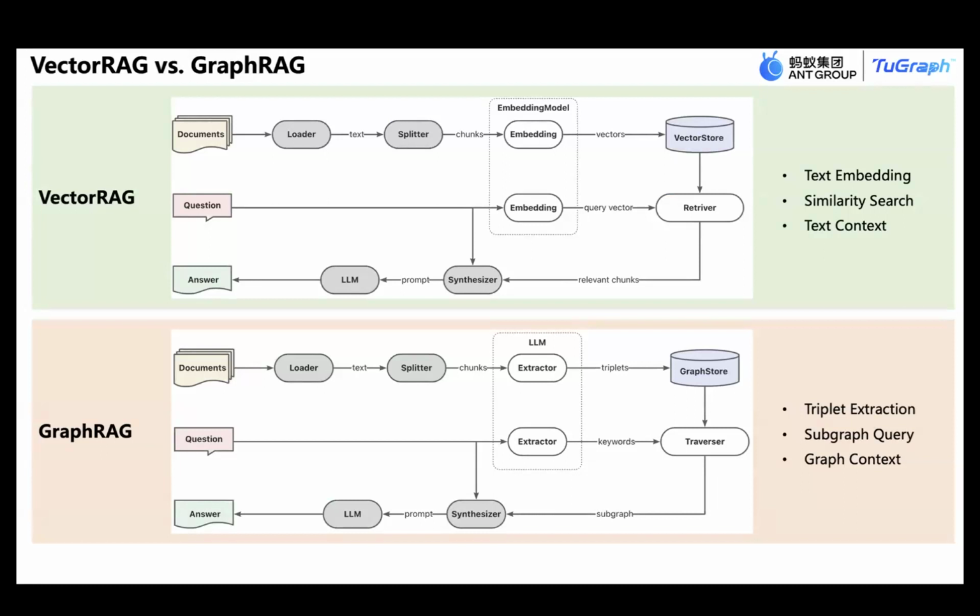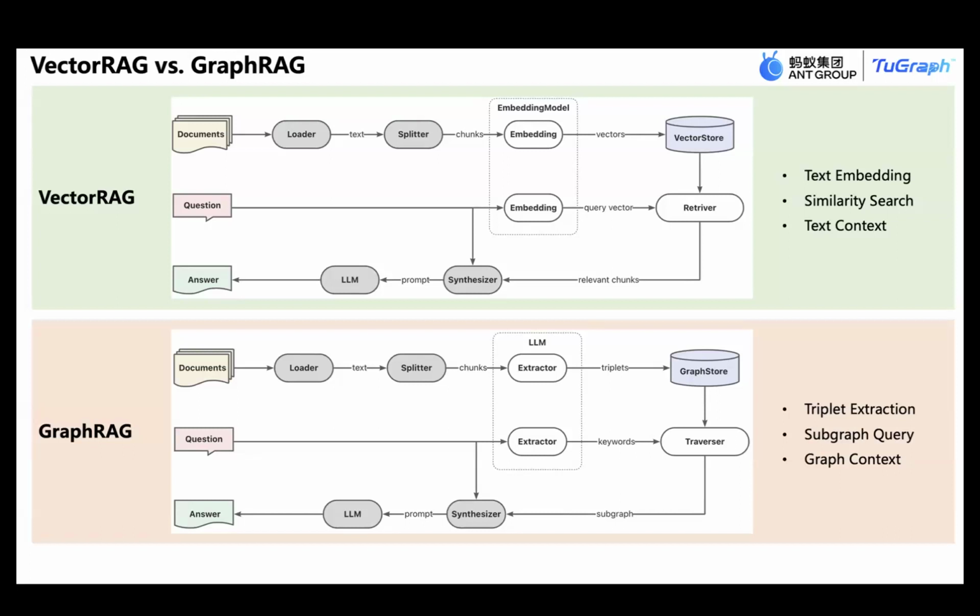In vector RAG, we use the embedding model to transform chunks to vectors because the storage is vector. And in the GraphRAG workflow, we use an LLM service to extract triplets as graph data and store them